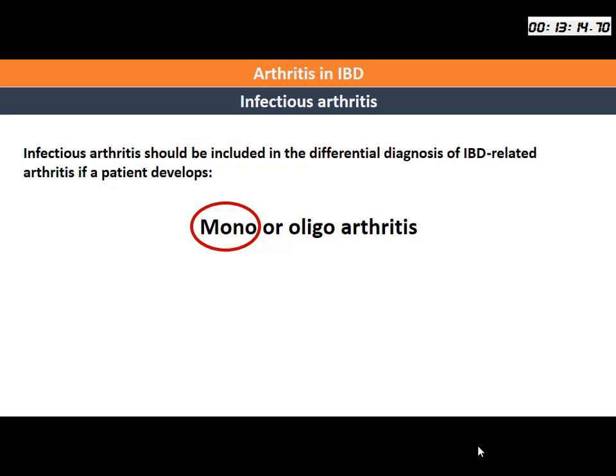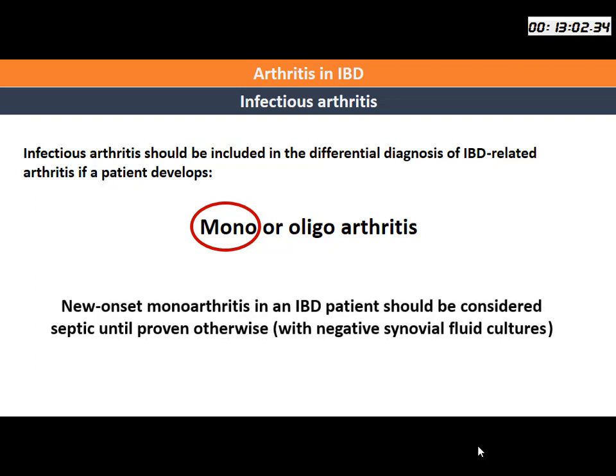If a patient with IBD presents with a monoarthritis, it could be an immune-mediated arthritis, of course, but we have to exclude a septic arthritis, especially if it is a mono, or sometimes if it's an oligoarthritis. A new onset monoarthritis in an IBD patient should be considered septic until proved otherwise, probably with joint aspiration and synovial fluid cultures. It's common especially in fistulizing Crohn's disease, and in patients who are immunosuppressed with the treatment of the IBD, so septic arthritis is a possibility that we have to be really aware of